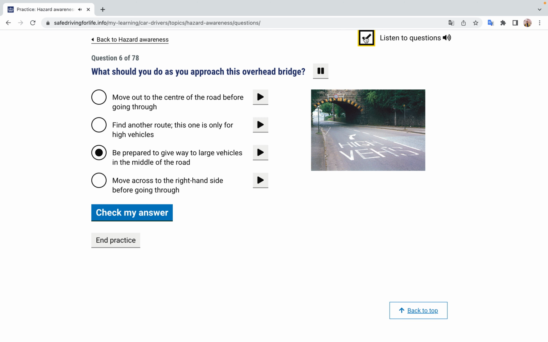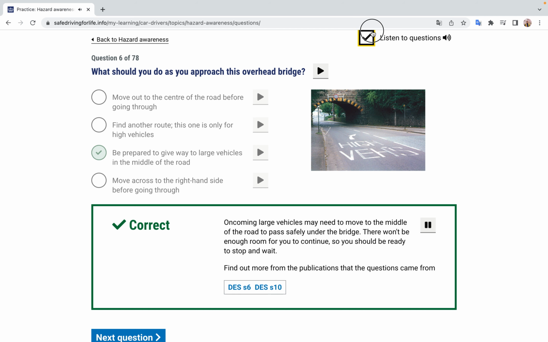What should you do as you approach this overhead bridge? Be prepared to give way to large vehicles in the middle of the road. Oncoming large